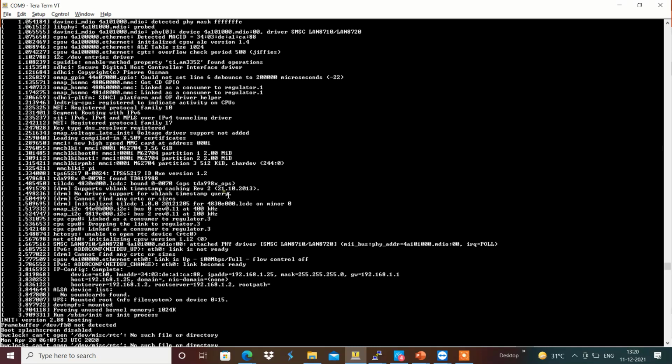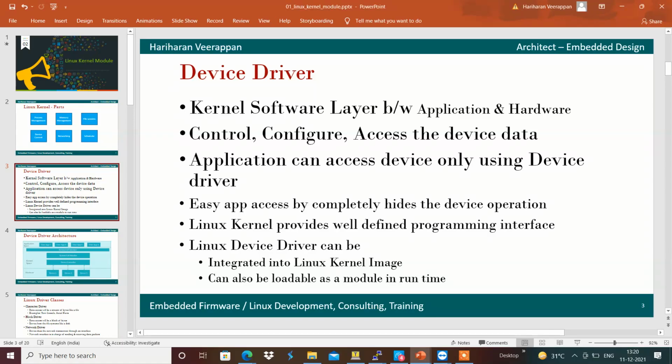Like that, we can have the driver inbuilt within the kernel, and there can be drivers which can be loaded as a module at runtime after the Linux kernel system has booted up. We can do that as a kernel module as well.